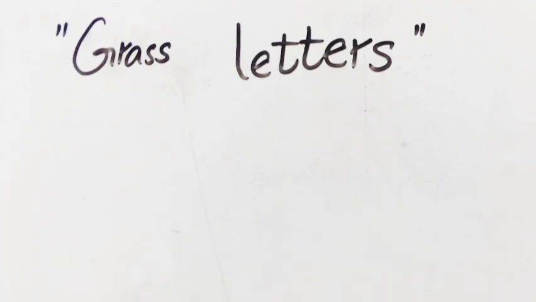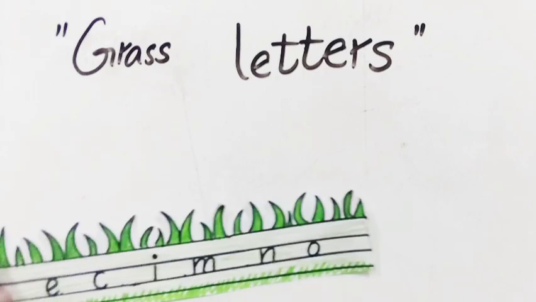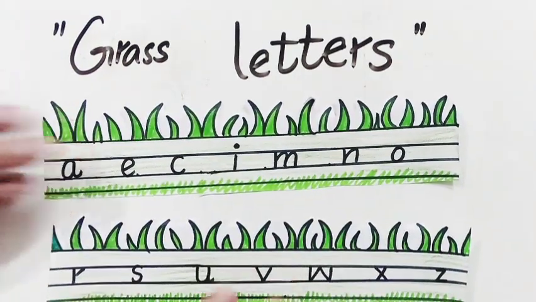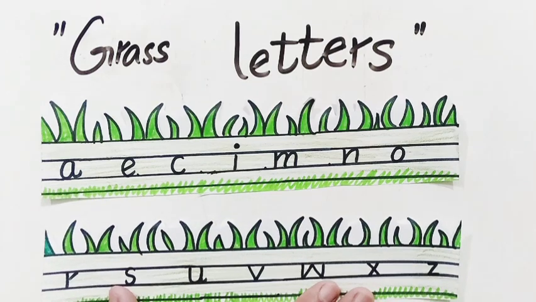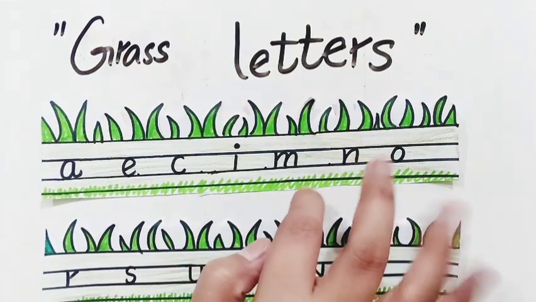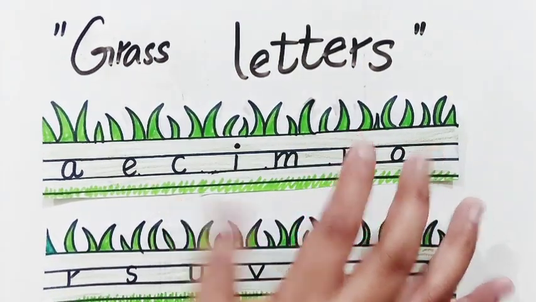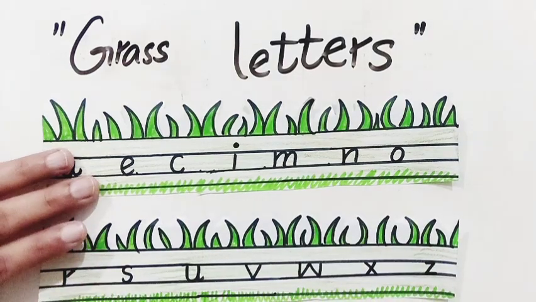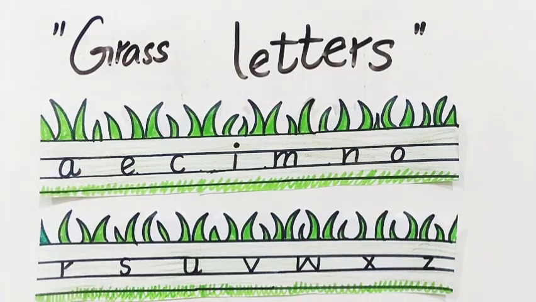First of all, grass letters are those letters that fit in the mid two lines. Now look at these letters. As you can see, all these letters fit in the mid two lines. These are four lines and all these letters fit in the mid two lines. In grass letters, we have